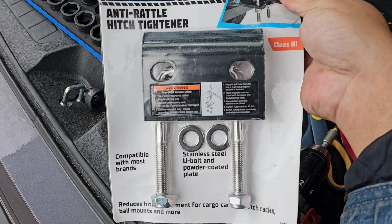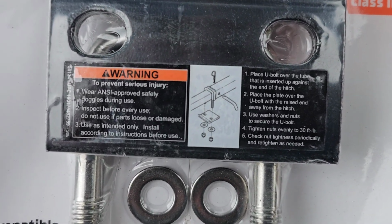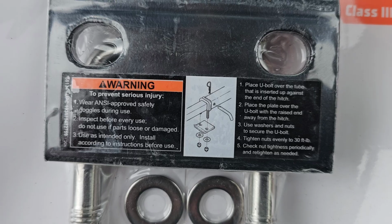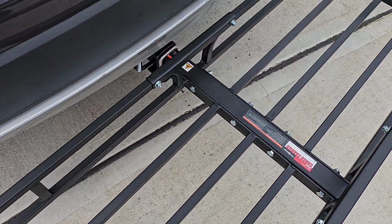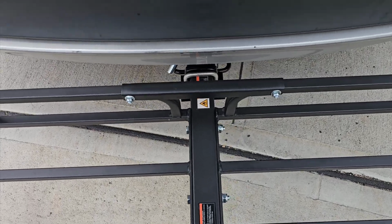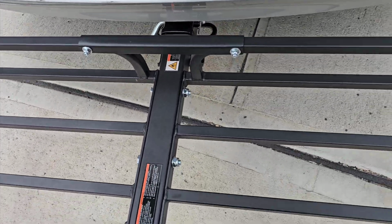Let's open the box and get this thing installed. Instructions are very simple, so yeah, let's go check it out. All right, we got that hitch tightener installed. As you may remember, it was shaking pretty violently. Now it is